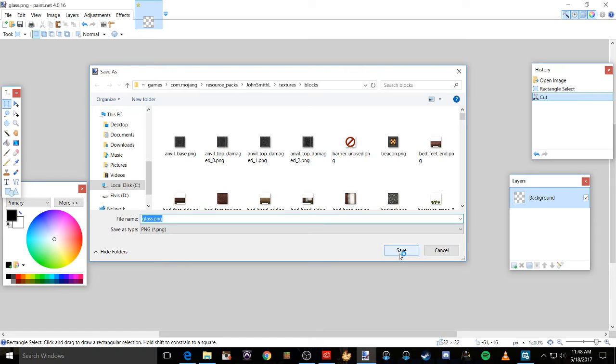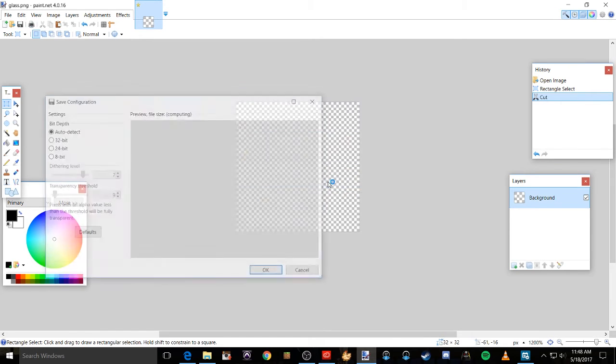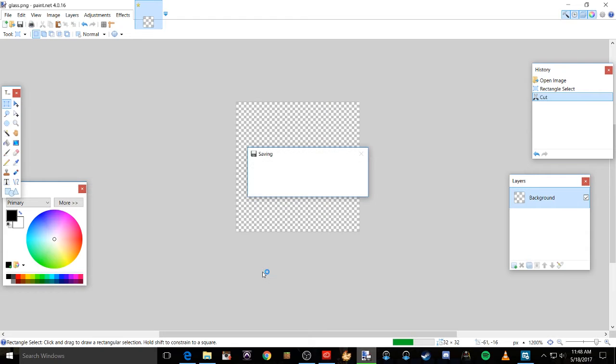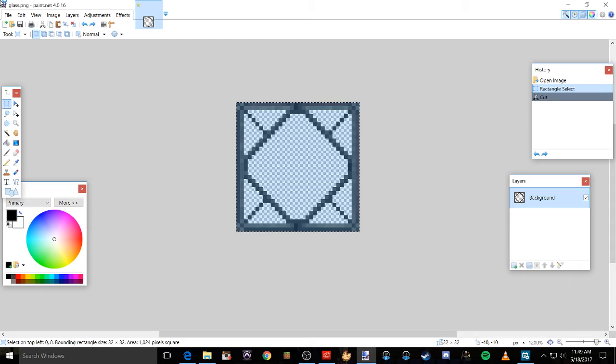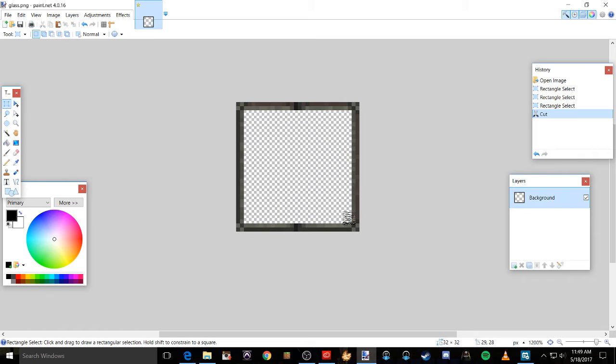So then we go ahead and just save it there, and we will have a completely invisible block in game. Now let's go ahead and undo that because we don't want a completely invisible block. Instead, what we're gonna do, now this is just modifying what they already have. You don't wanna do that, you wanna create something on your own, but I'm showing you how to modify for